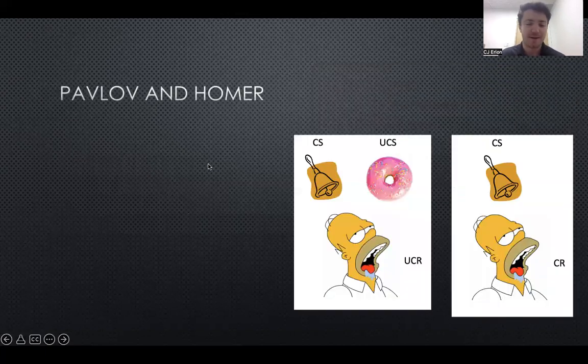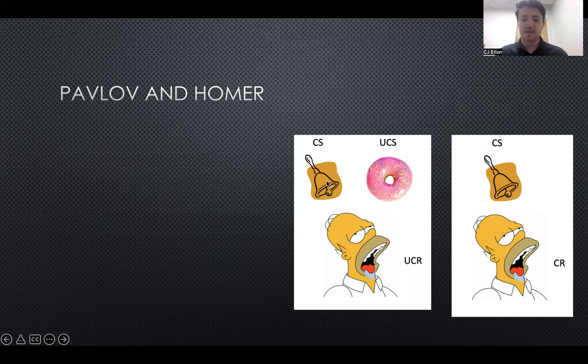Another example here, we have Pavlov and Homer Simpson. And so the unconditioned stimulus, based on the show, is that Homer Simpson really likes donuts. And so the unconditioned stimulus just leads to the unconditioned response of Homer Simpson salivating. But then when these two things are paired together, the bell, which was previously a neutral stimulus, becomes a conditioned stimulus and leads to a conditioned response where now Homer Simpson is salivating due to that